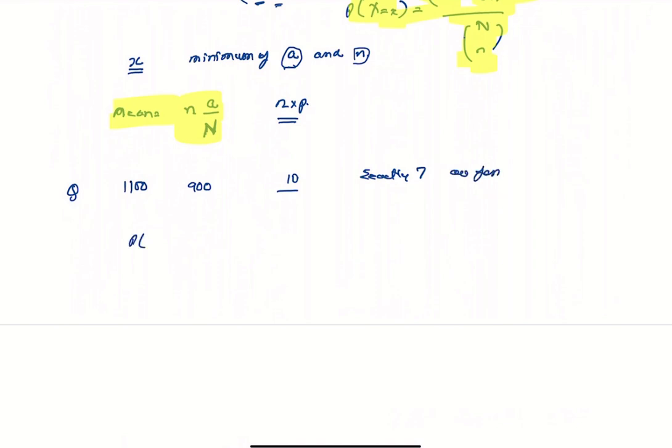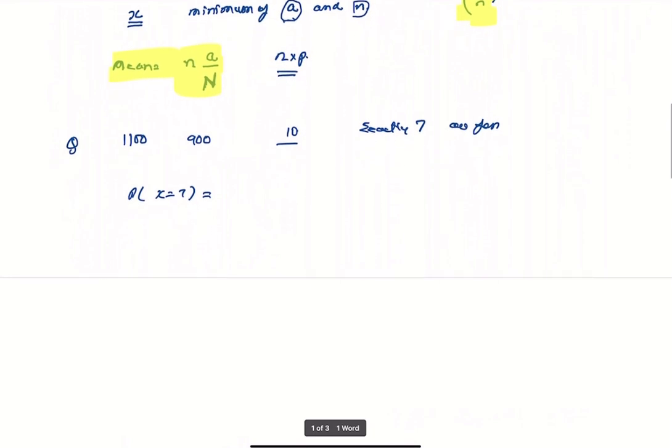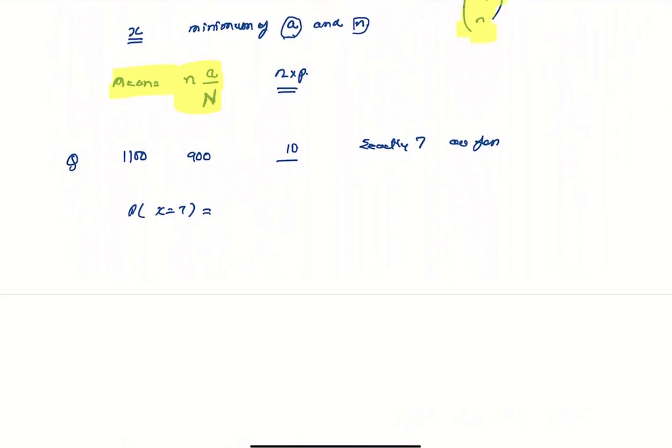So the probability of x equal to 7. We can think about it logically. You have to choose 7 females, and 1100 are females, so 1100 choose 7, and then the males are 900, and from males you're going to choose 3, divided by 2000 choose 10, so that comes out to be